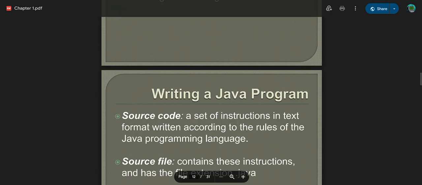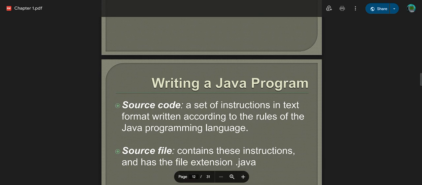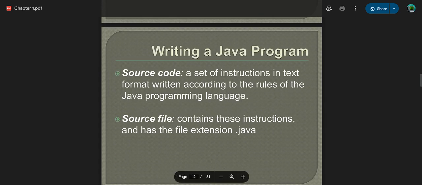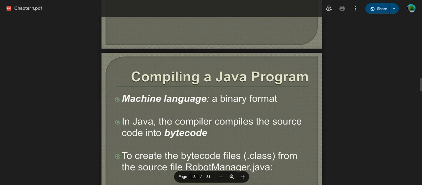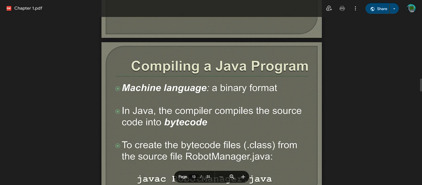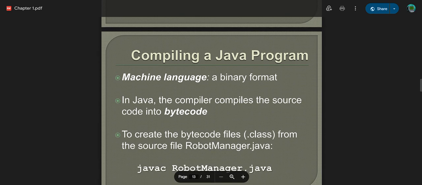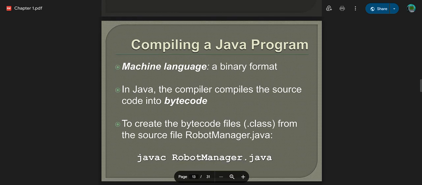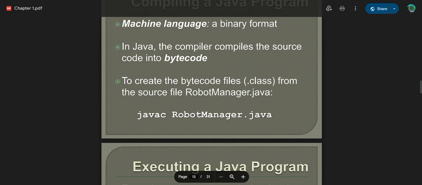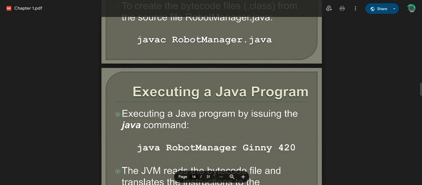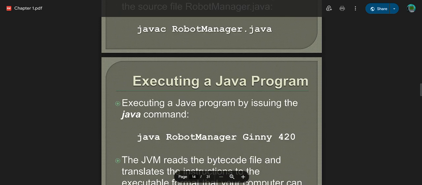Source code is the set of instructions in a set format written according to the rules of the Java programming language. Source file contains these instructions with the file extension .java. Compiling a Java program: machine language of binary format. The Java compiler compiles the source code into the bytecode to create the bytecode class file from the source file, RobotManager.java, javac RobotManager.java. Executing a Java program by issuing a Java command,